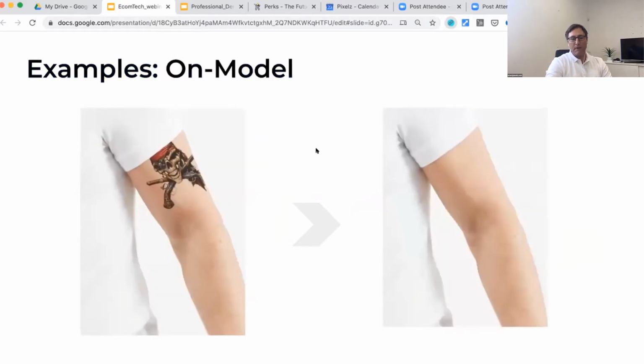And this one, I hope, yeah, pirate tattoo. This is probably the worst and most blatant example. But again, do you want your customers focusing on the tattoo or the product itself? Simple things like that are really about getting your customers to focus in on the product itself that you're trying to display on